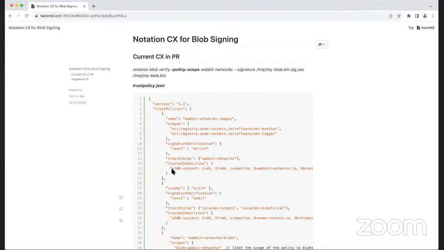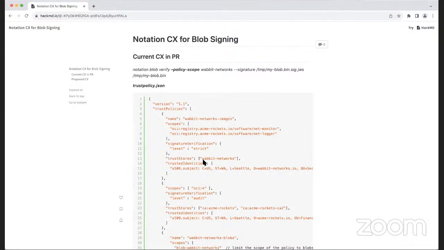So my goal here is, if I'm a blob user and I don't deal with images, I want to have a policy which is as tailored or as optimized for the blob experience as possible. There may be scenarios where I'm dealing with both kinds of artifacts, but unless I'm in that scenario, I want the user experience to be as simple as possible. That's how I'm looking at this.